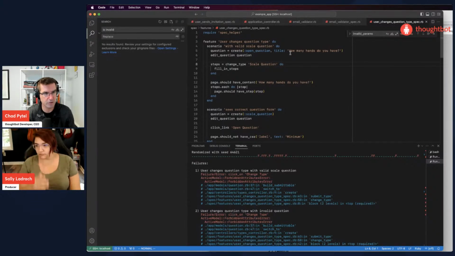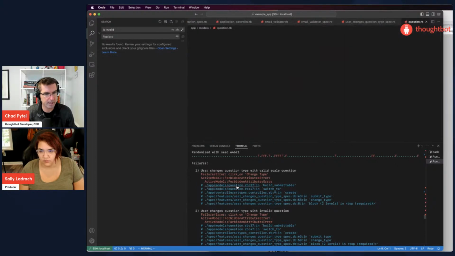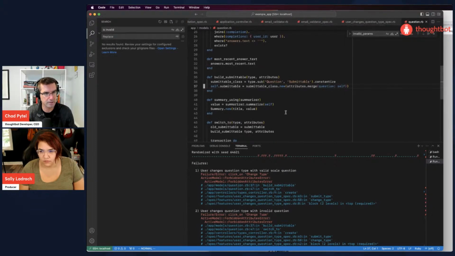The survey has a question on it, and the spec is trying to change the type. It's getting a forbidden attributes error. So what that means is it's happening in the model and build submittable, and it's merging in